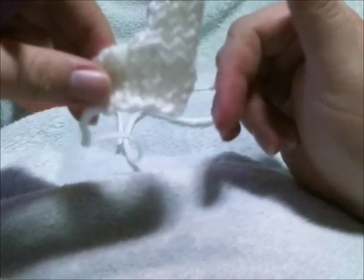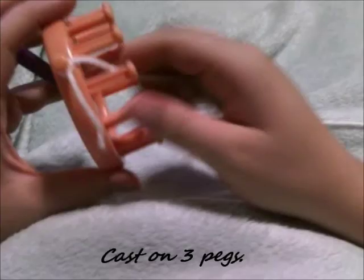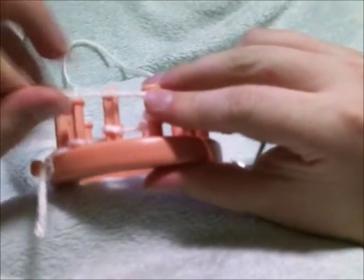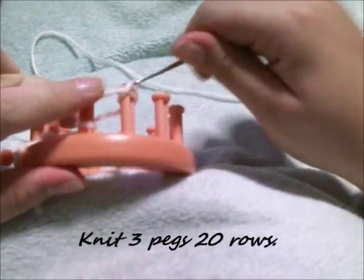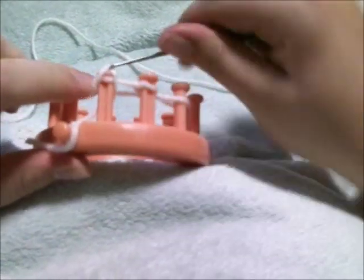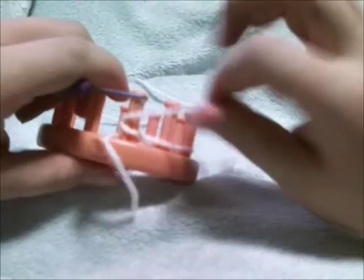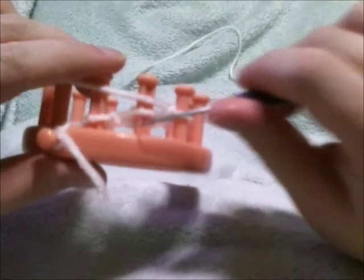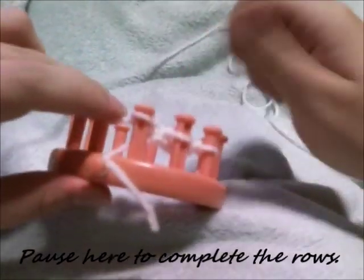Now we're going to do the tail. And you want to cast on 3 pegs. And you'll want to knit 3 pegs for a total of 20 rows. And because you're doing it this way, it'll naturally curl up into a tube to be like a tail. So go ahead and pause the video to complete your 20 rows and then cast off